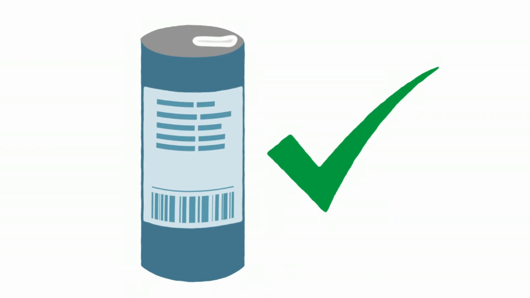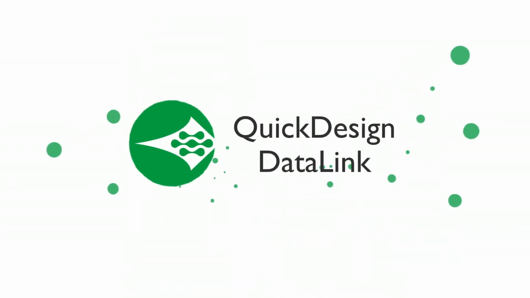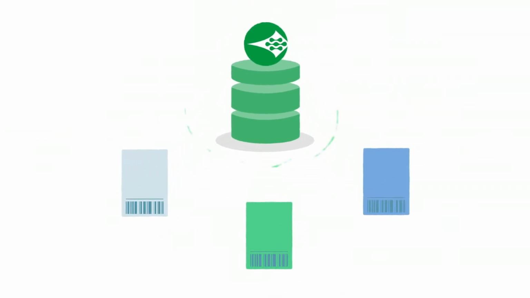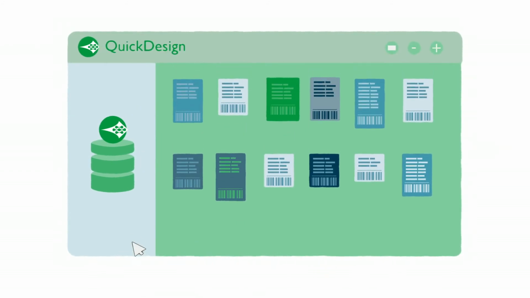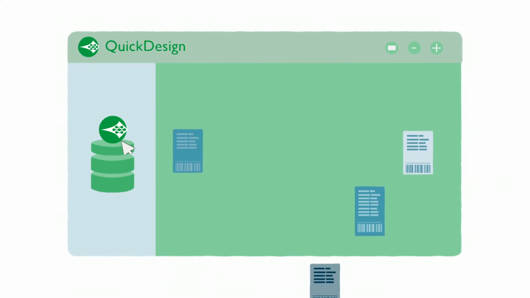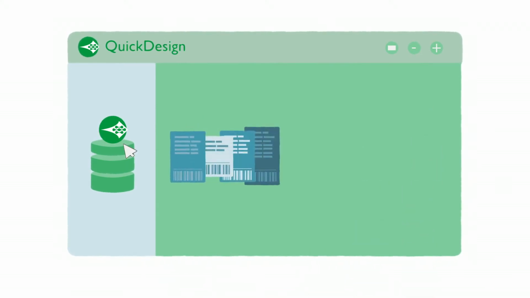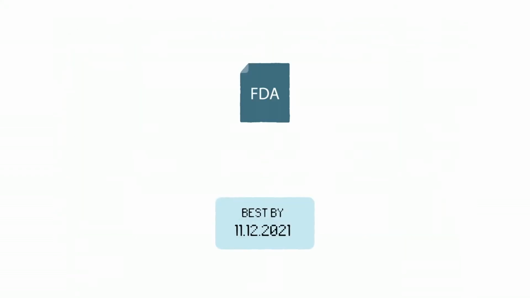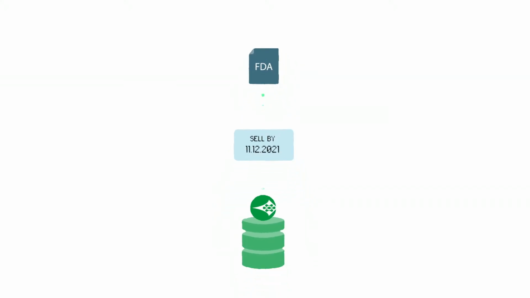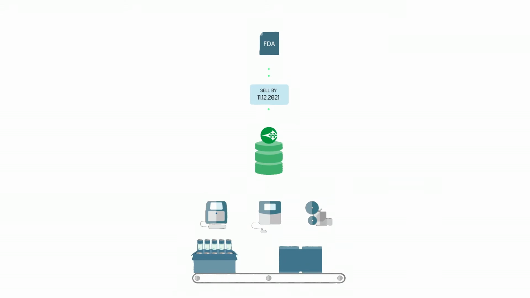and maintenance of labels? With Domino's QuickDesign Datalink add-on, product codes and label data can be directly populated from a central database. Plus, by utilizing the QuickDesign Label Designer, templates can be used to reduce the overall number of labels to just the minimum required, with all variables retrieved automatically from the database. Being able to make changes quickly and efficiently is critical. That's why QuickDesign Datalink with Database Lookup gives you the confidence that your production line can handle anything that comes